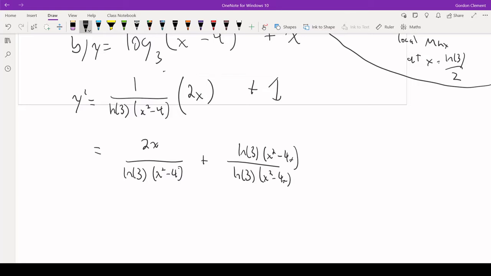And that looks a bit scary, but the log of 3 again is just a number. So I have just a number times x squared, just a number times minus 4, and then I have this 2x here. Sorry, there's no x there. That's just a minus 4. So what the top is going to turn into is just some quadratic function. So let's see,